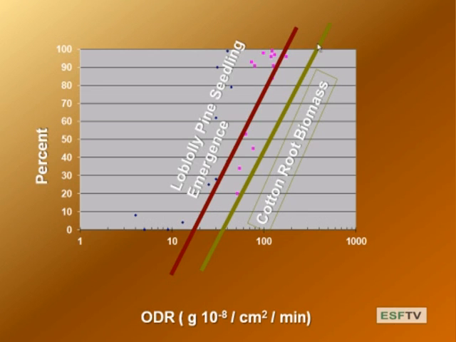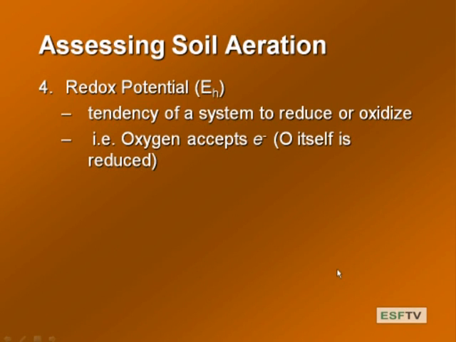And I use it because Scott and Larry are good friends, and they sent me this shot from Scotty's thesis from several years ago. But again, I could have dug up any number of studies, and most of these studies show around 0.2, 0.3 micrograms per centimeter squared per minute. That's where the going gets tough, and the tough don't get going. Okay, so that's our third way.